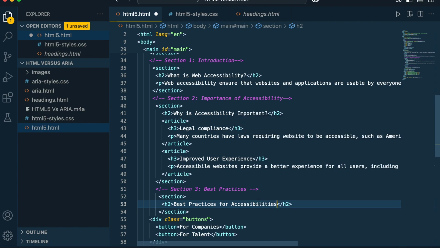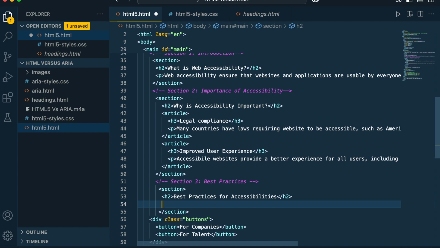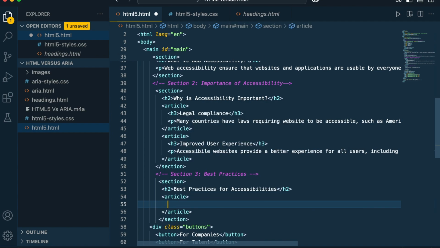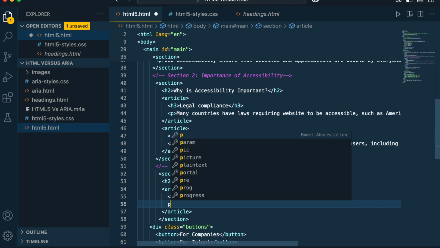Whenever I have another section, there could be articles in there, so another article will be an H3. Use proper headings, and a p tag with